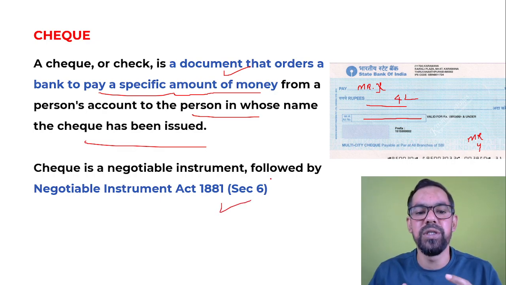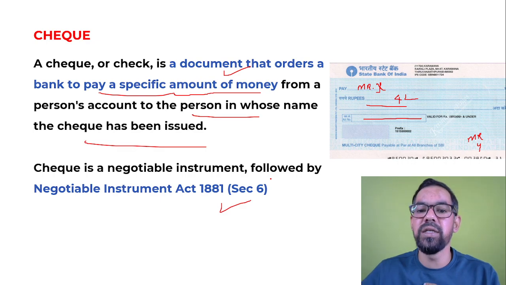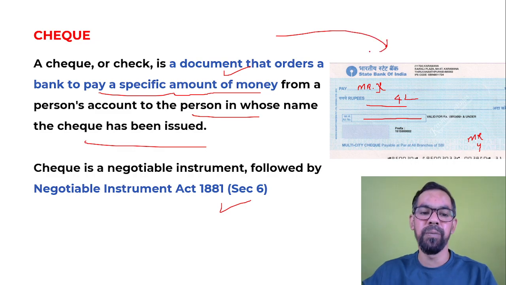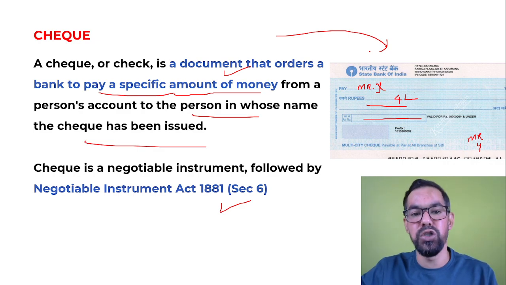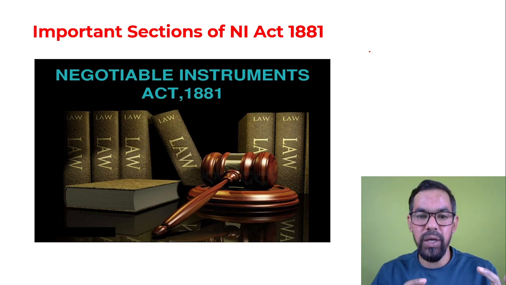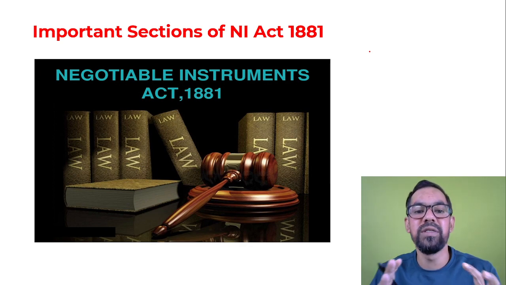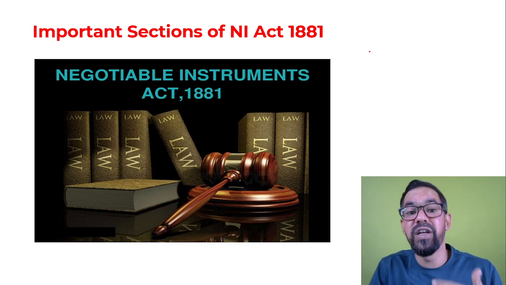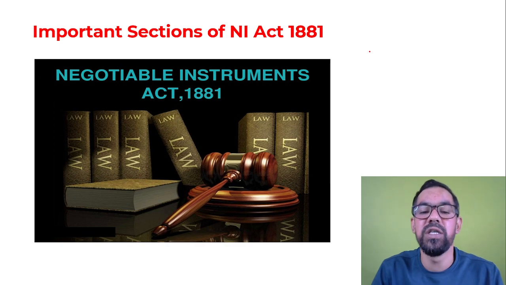So it's a document which makes a promise to pay a party, and it is an order to the bank. So the bank has to execute this particular thing as well. Okay, so these are three major instruments which generally come under the Negotiable Instrument Act 1881. I'll do a video on these three documents separately. I'll come with a video on check and the different types of check, the CTS system, and the latest developments in check, and similarly for bill of exchange and promissory note.